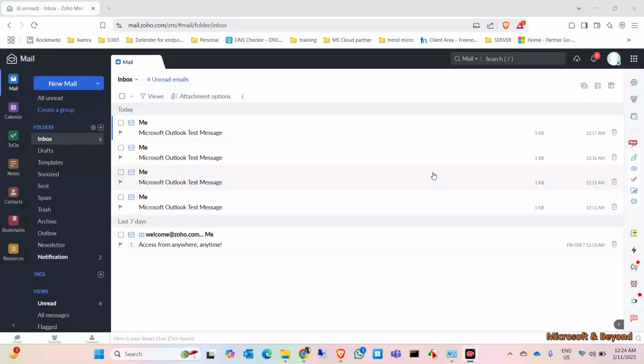Today I'm going to show how you can configure your Zoho email account with Microsoft Outlook desktop version. So this is the view with your web version for the Zoho account. This is mail.zoho.com. But if you have a storage issue, like if you purchase a 5 GB package with Zoho, then this 5 GB will fill up within no time. So the best thing for you to do is to configure this Zoho Mail account with the Microsoft Outlook desktop